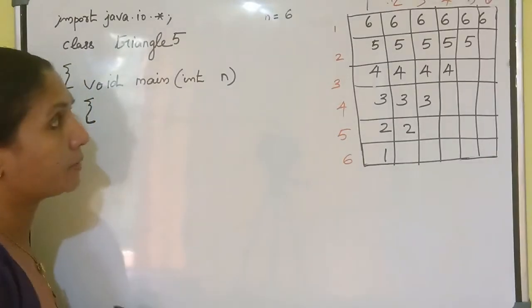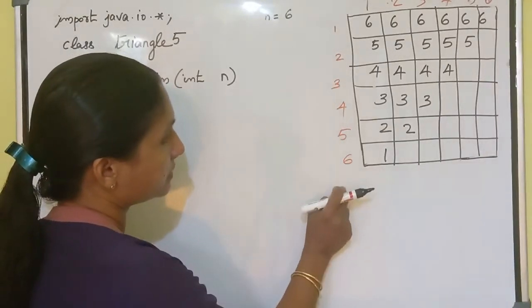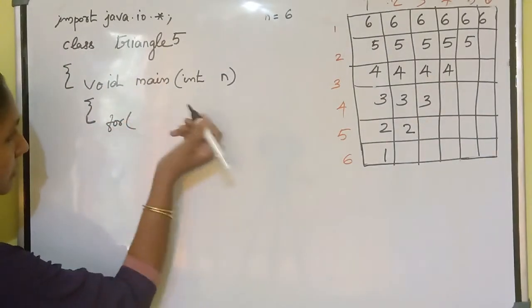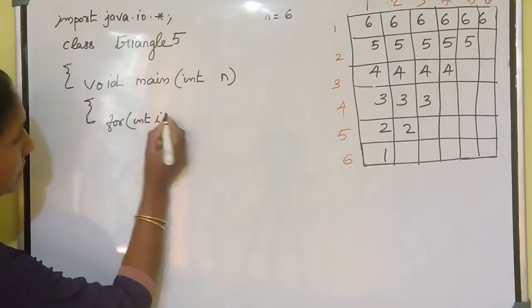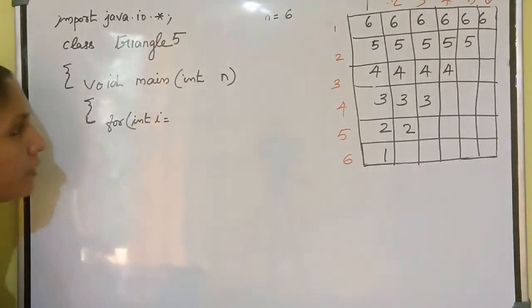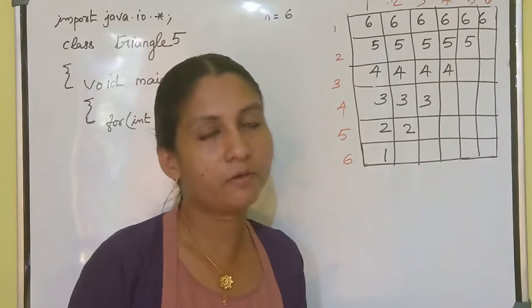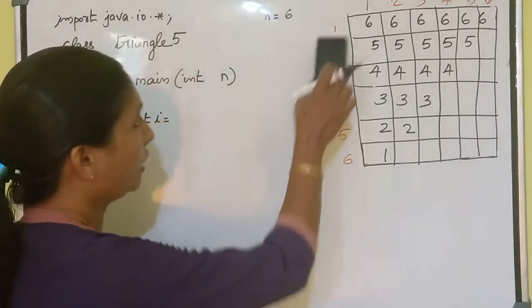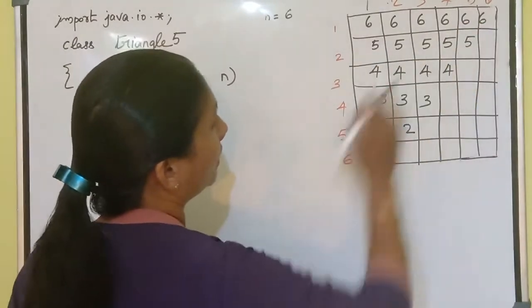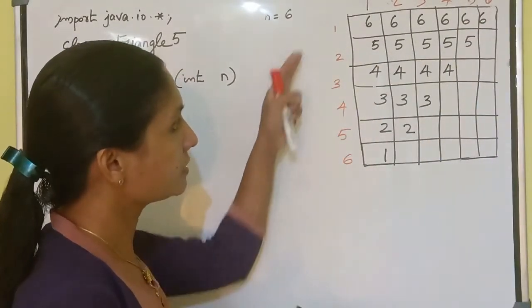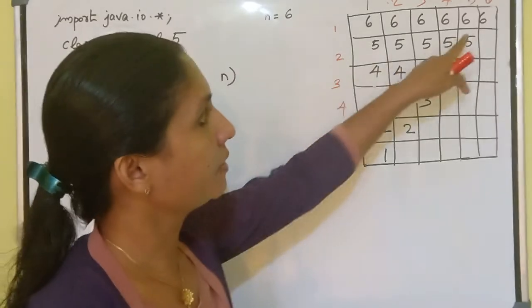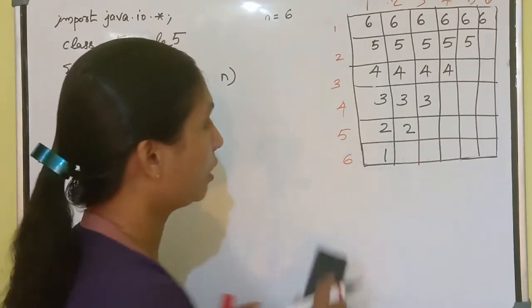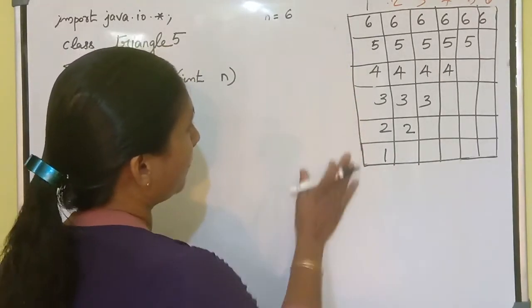And how can you develop this program? See, we have 6 rows and I will take one for loop to represent the row. Int i represents the row. Which value can we give as the initial value of i? See, if you give 1, you have to print the same number here. But if you start from 1, we cannot print the same value of i here. Because of that, I need to give another value.